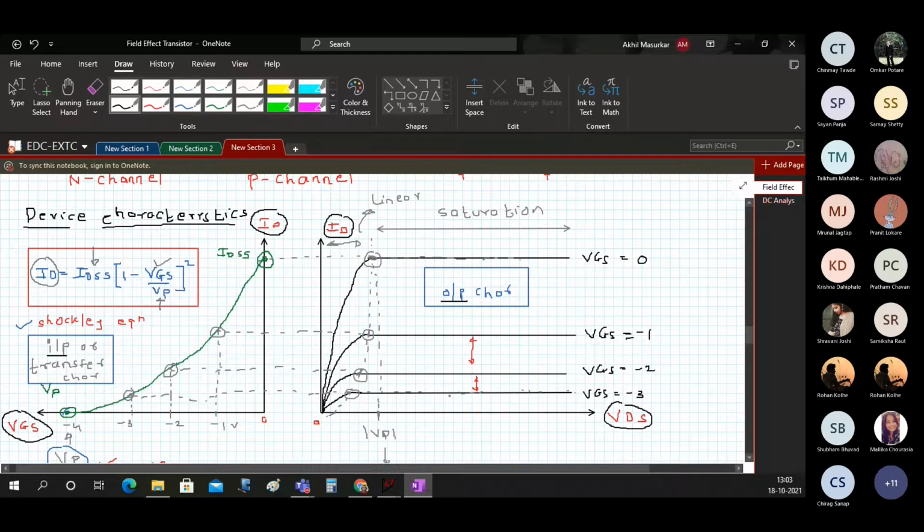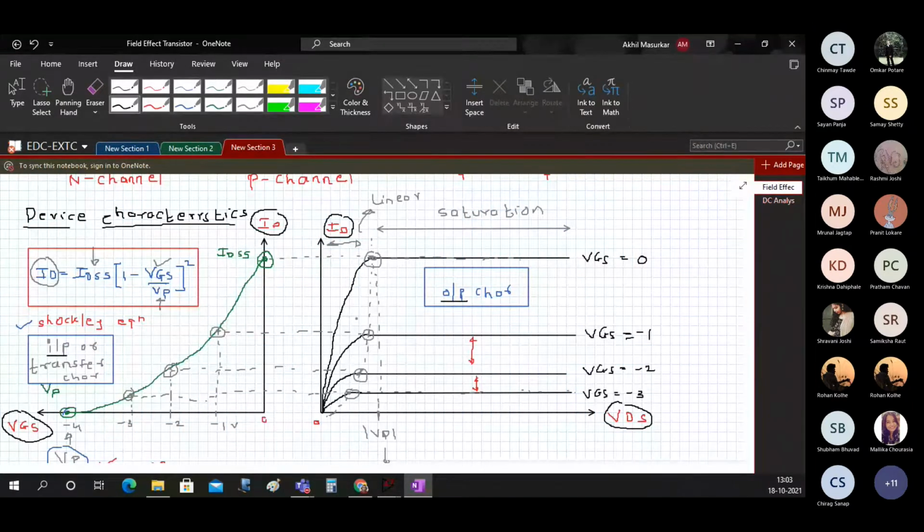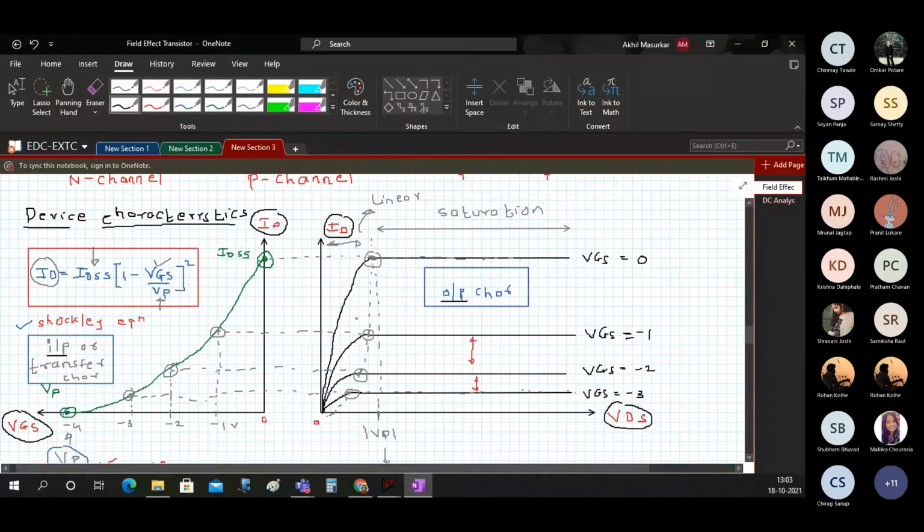Then we would also want to see how big are these regions, how big is this linear region, how big is this saturation region, and so on. Because our primary focus is to use this device and build an amplifier. So when we are building an amplifier, we want a bigger saturation and a smaller linear region, so that your Q point stays in the saturation region for most of the times. So that is the objective, and whether this device satisfies that or not, that is what we want to see.